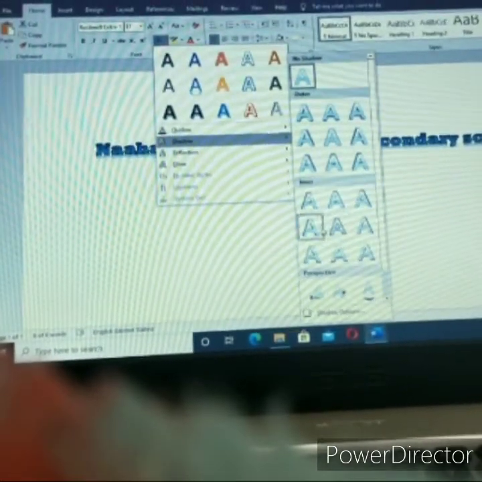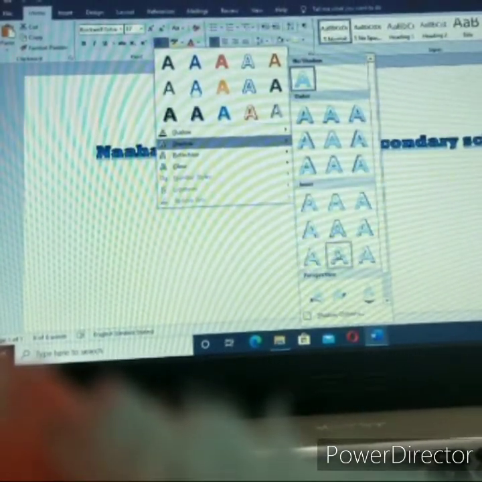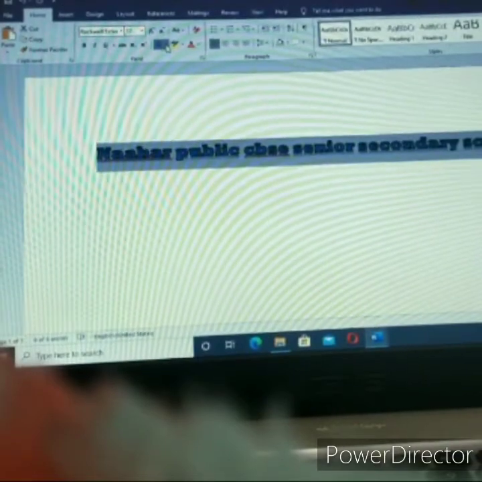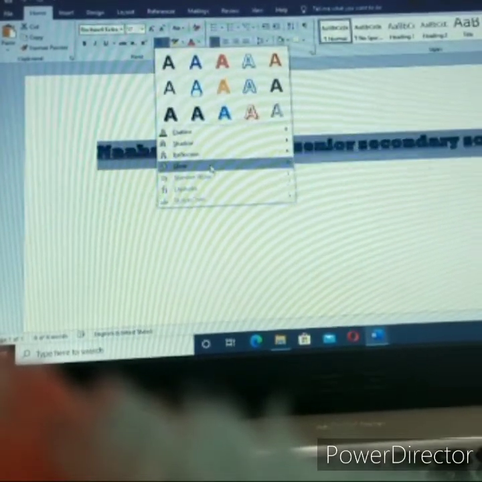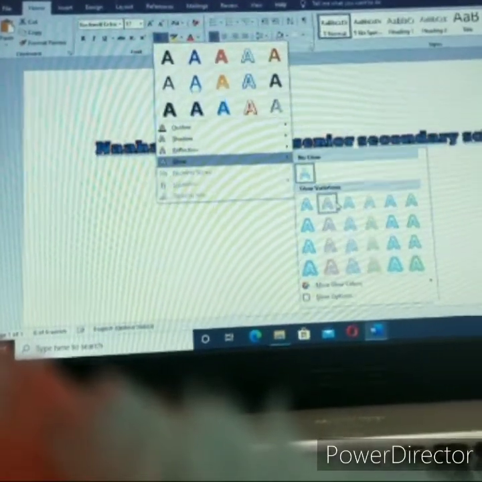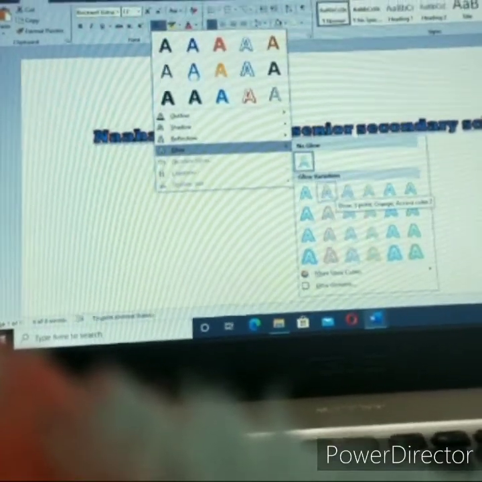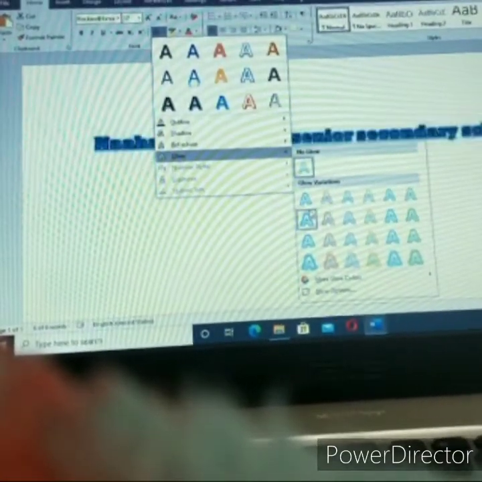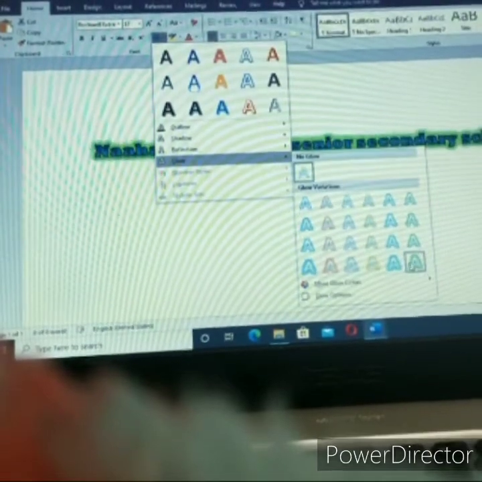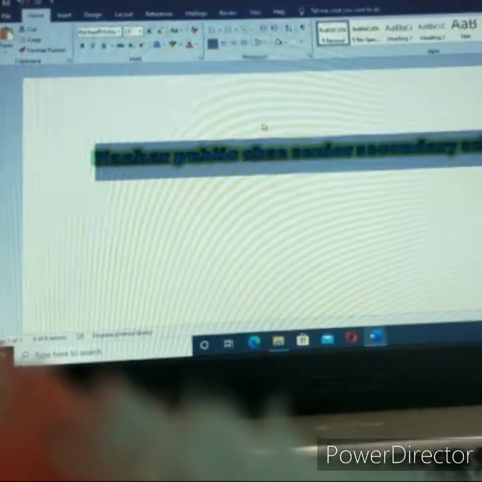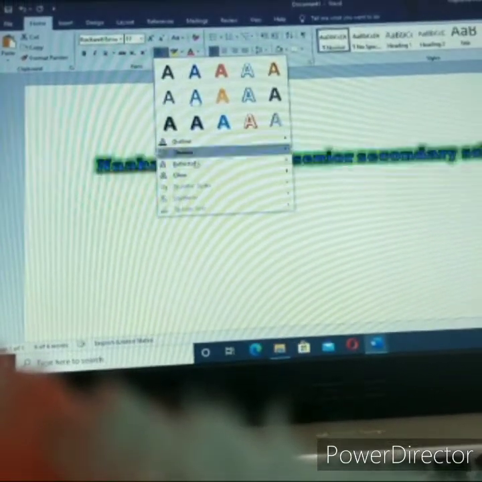Then this is the shade of the color. It is the inner color. There are a lot of options to make your text very attractive. This is the option to glow. Now my text is very attractive, right?